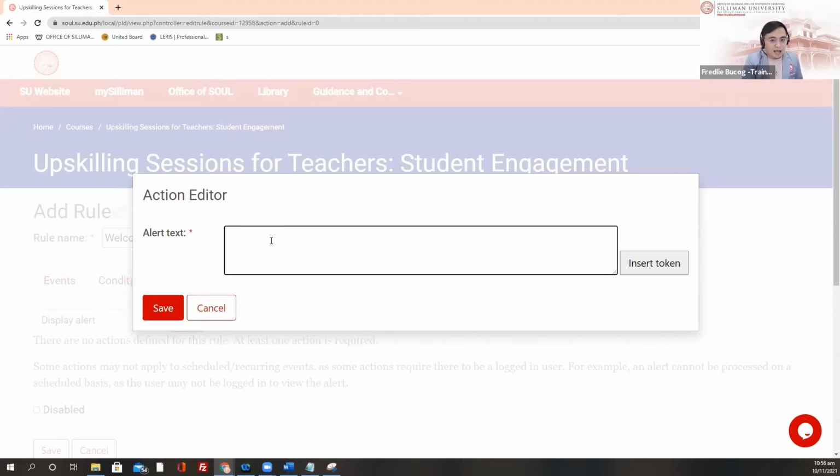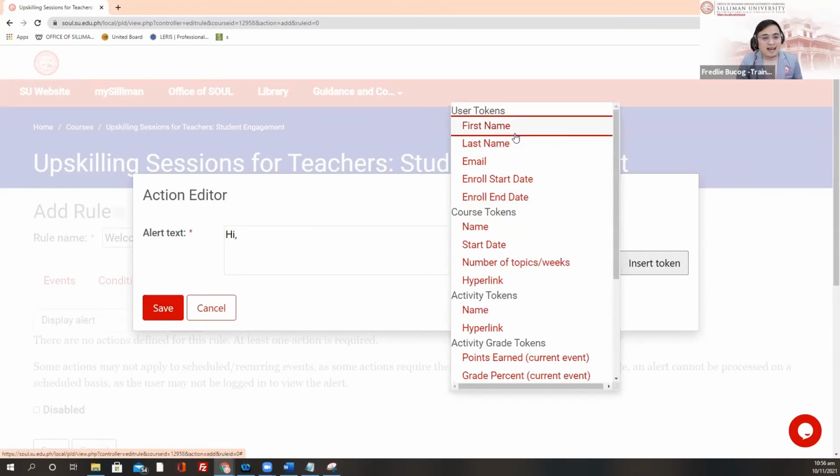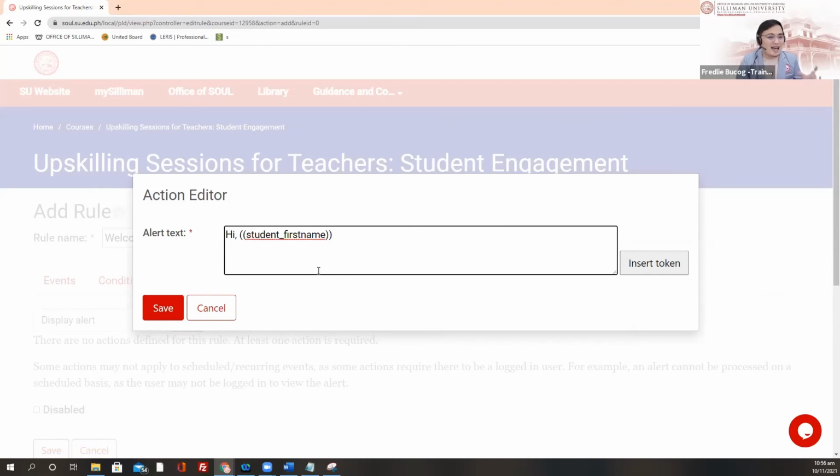So for example, hi. And then you insert a token. What this means is that it personalizes the message. For example, I'll use their first name: hi Fred, hi Steve. Don't worry, insert token is a container of information. So hi Fred, then